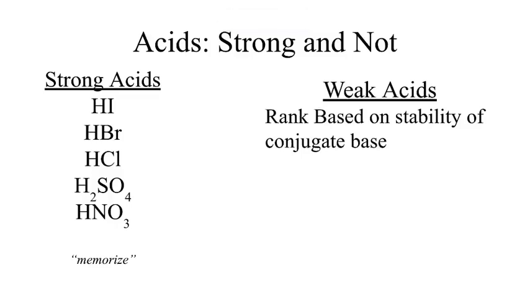If you were in a Gen Chem 151 class, theoretically you were told to memorize this: your strong acids, and then recognize that your weak acids were anything other than that. If you were in Chem 130, you probably weren't told to memorize it. For my class, I probably said this is a good idea, but I'm not going to make you do it because you're not going to see any questions specifically on it. But it's important because when we want to identify our definitions of acids and bases, if you've memorized HCl